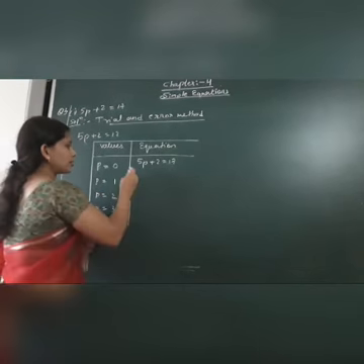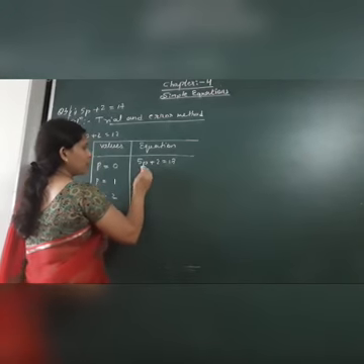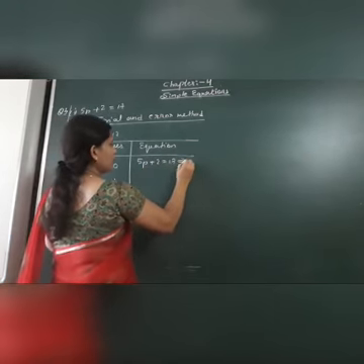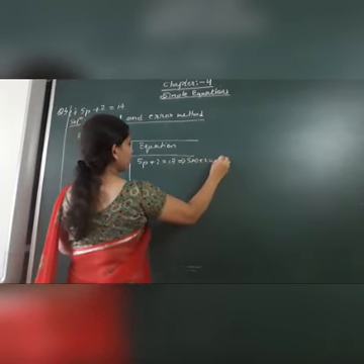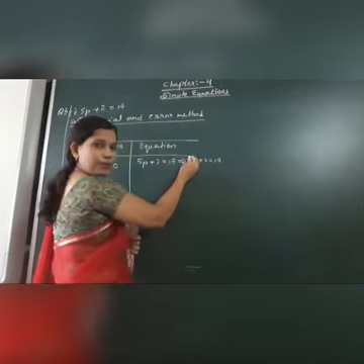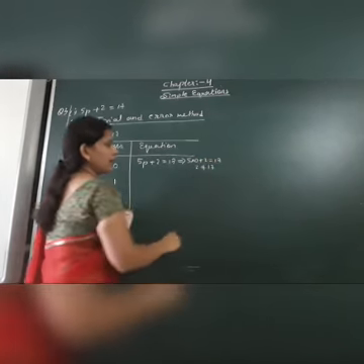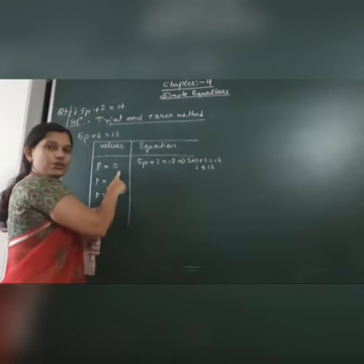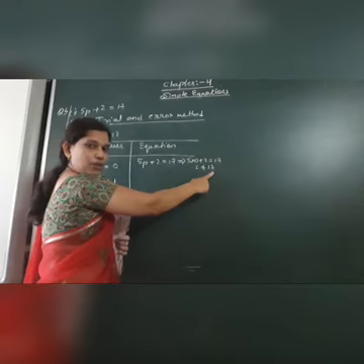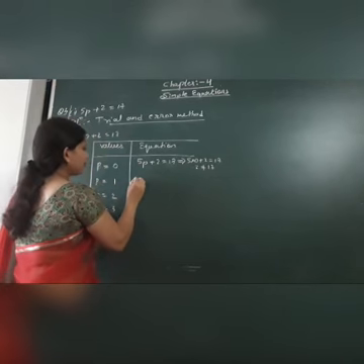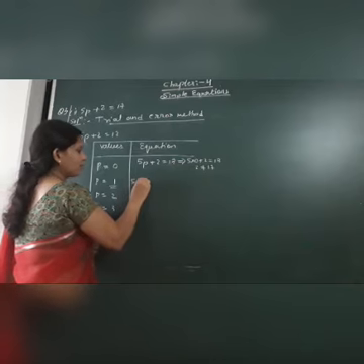Okay. So let's see whether it is coming, p is equal to 0. So we are going to put the value of p is equal to 0 in this equation. So 5 into 0 plus 2 is equal to 17. So 5 into 0 will be 0 itself. Then 2 is not equal to 17. That means p is equal to 0 is not a solution for this equation because LHS is not equal to RHS. That's why.